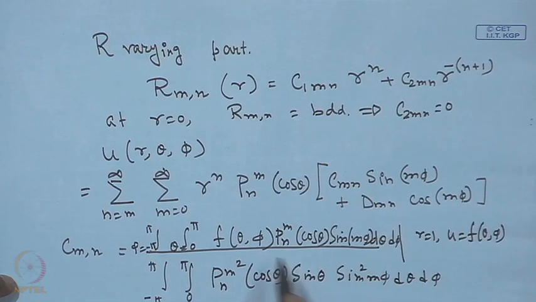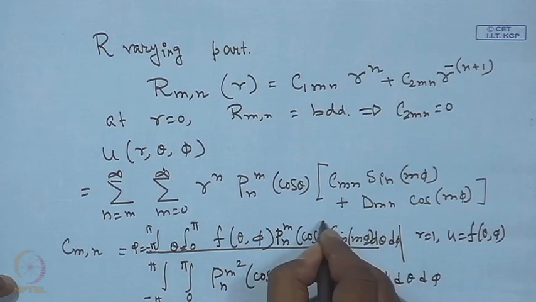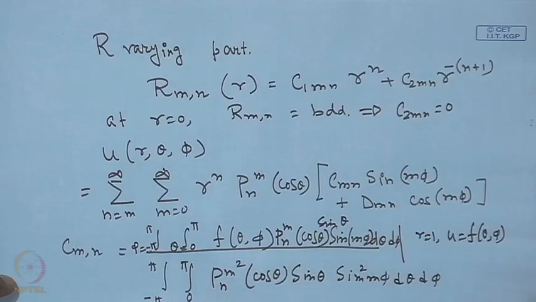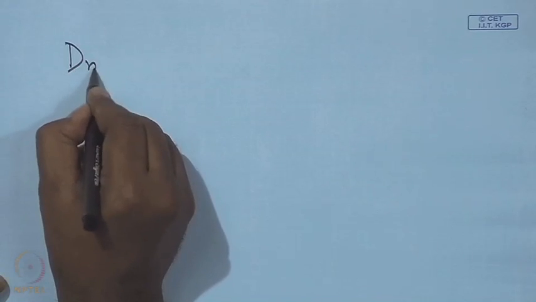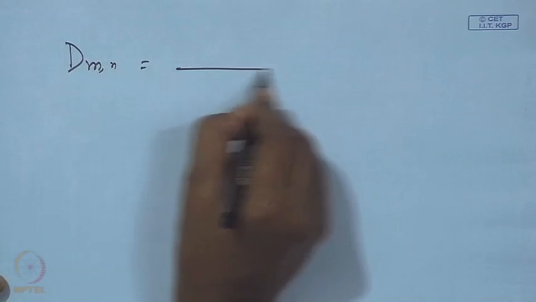There will be in the numerator also it will be multiplied by sin theta, because the Legendre functions will be orthogonal to each other with respect to weight function sin theta. So, there will be a sin theta somewhere here in the numerator as well. So, we can get the integration constant d m n as well, the same thing,